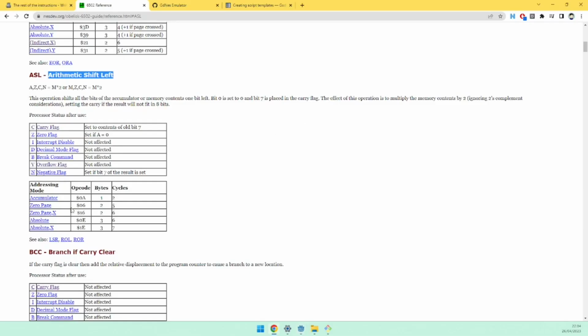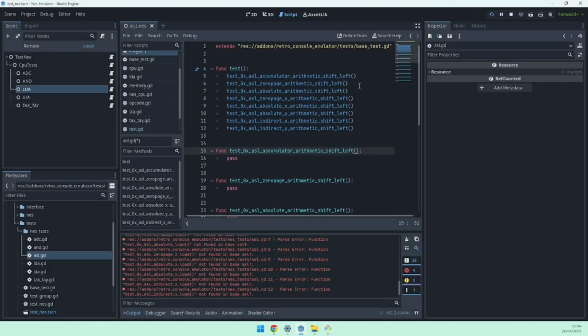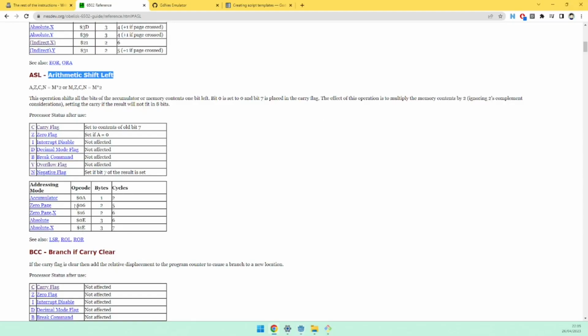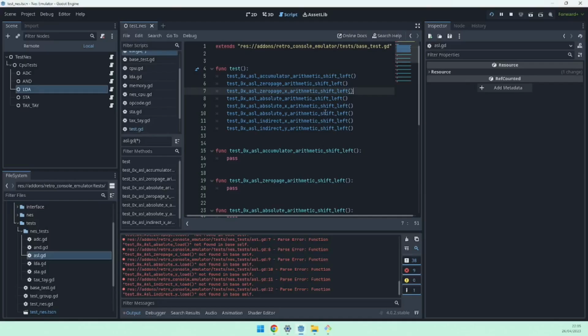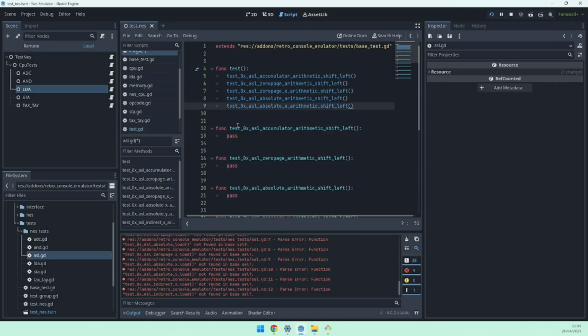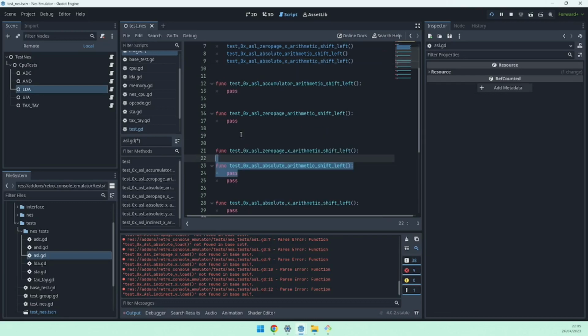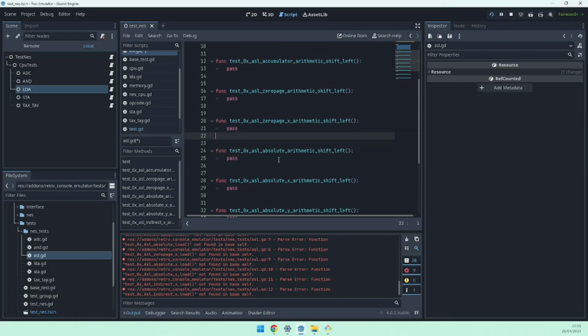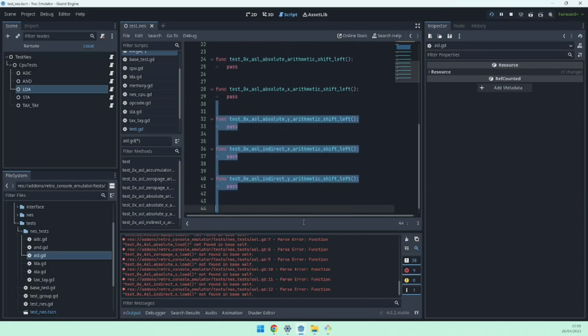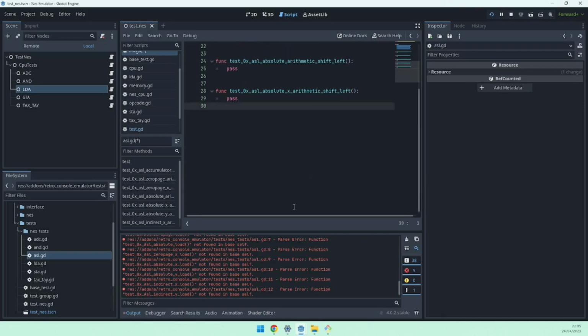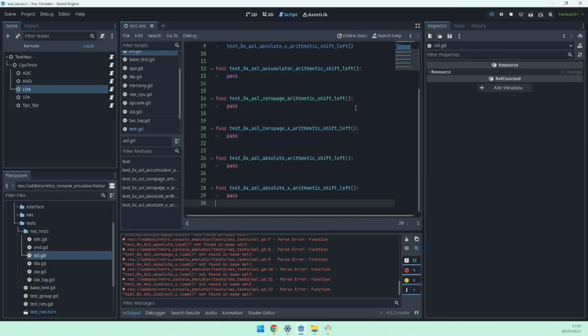And let's see, what else do we have? Zero page and zero page X, like these two. And absolute and absolute X. And the rest do not exist at all. So these are the ones we want. We have zero page X, absolute X, and this one does not exist. Okay, seems about right. And now we can fill